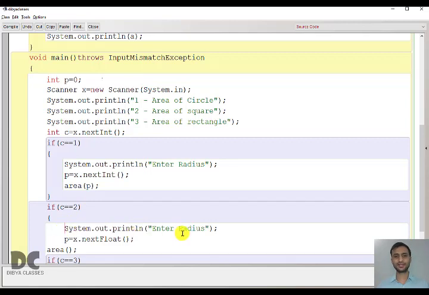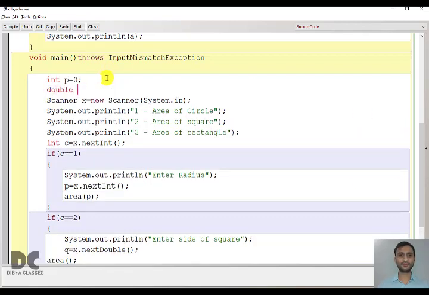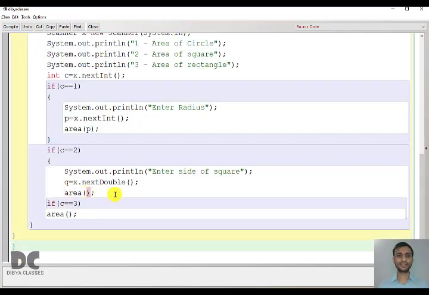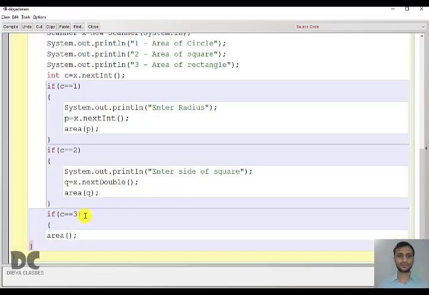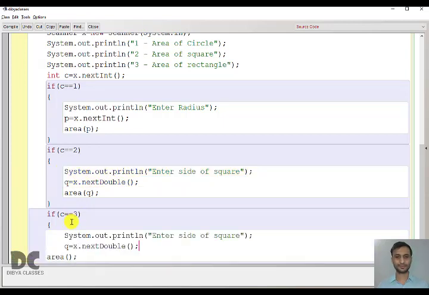This time we'll ask "Enter side of square", and this will be nextDouble(), and let it be q. So again we have a variable q, and we'll call area and send the value q. Similarly for rectangle, "Enter length and breadth".